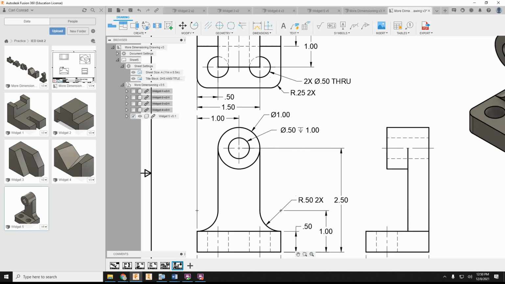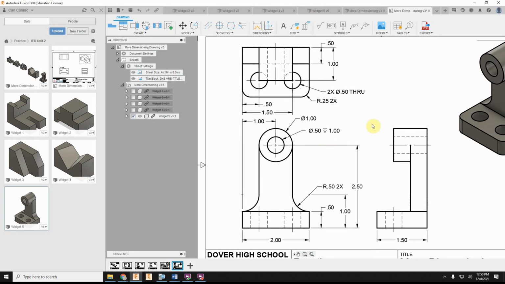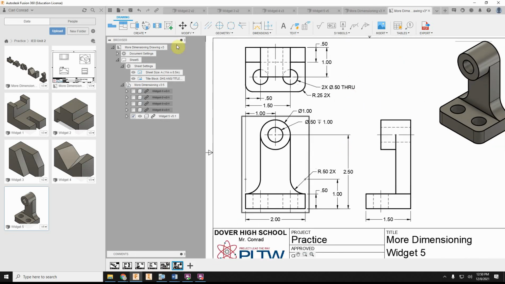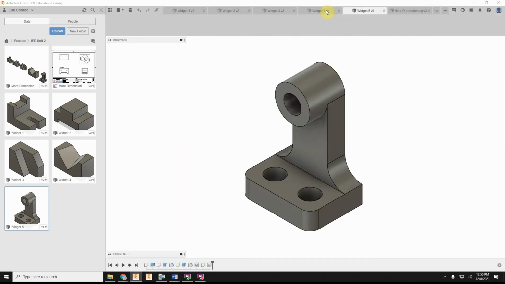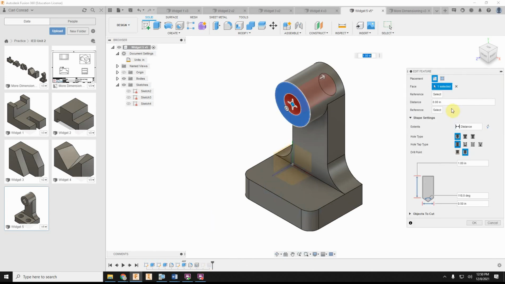Okay, well, that's because I drilled the hole incorrectly. If you extruded a circle, it may not identify it as a hole note, and you should drill intelligent holes. So now, all I got to do is go back to my widget 5, and find that hole that I drilled incorrectly. If I change that to be a distance through all,